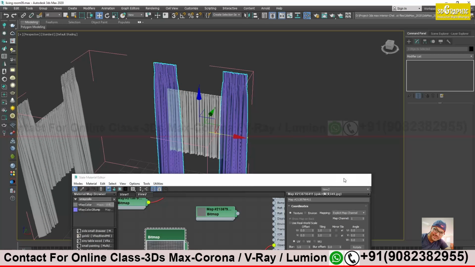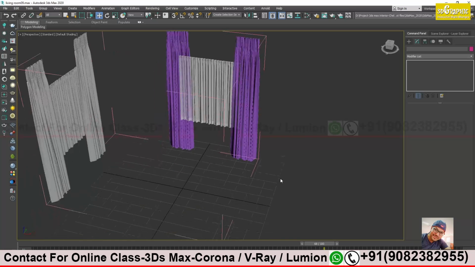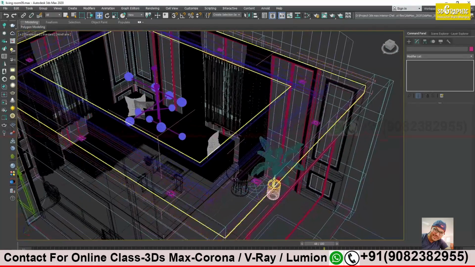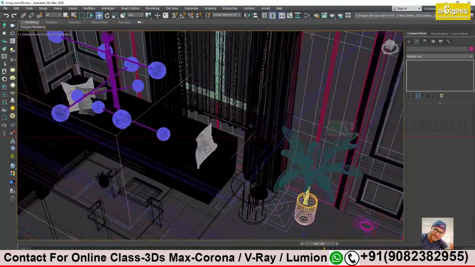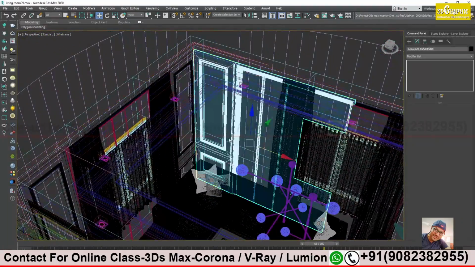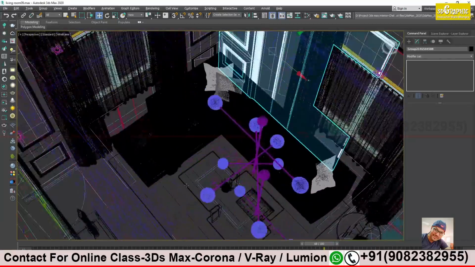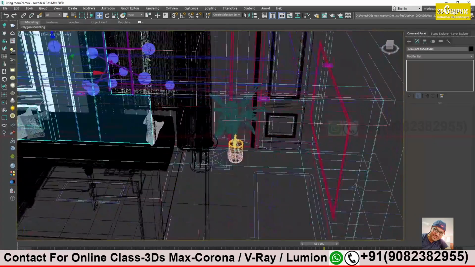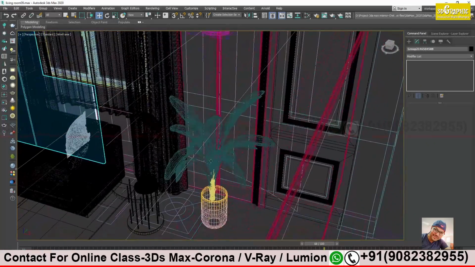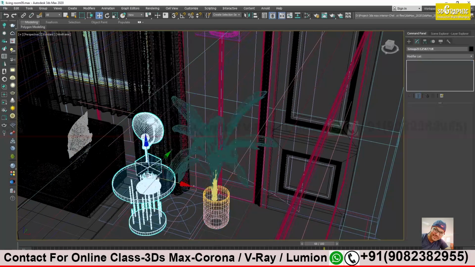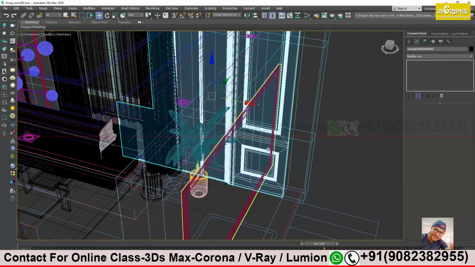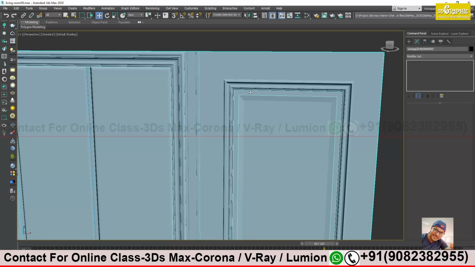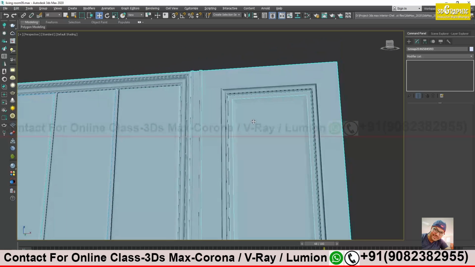Let's see what else is left to be done. I think everything else is simple to do. Just simple plain color with a little bit of reflectivity. Try to complete as many objects as you can. Just leave this plant; next class we will try to cover that. You try the wall and this pattern. This pattern is also the same. It has some metal.